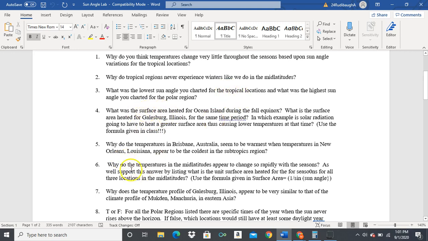Questions 4 and question 6 are very different, and I'm going to save those till the end because they have to deal with the surface area heated, and I would argue questions 4 and question 6 are related to using the surface area heated formula, and I'm going to do those questions last. Question 5,